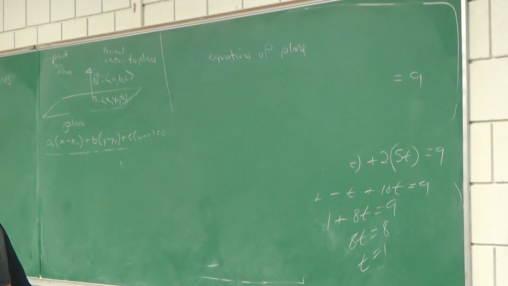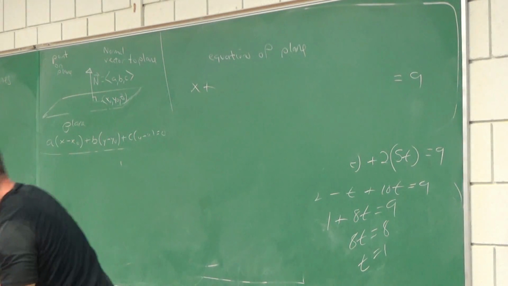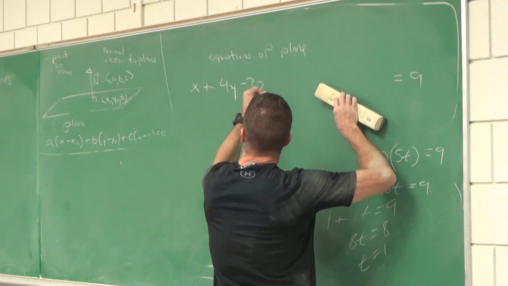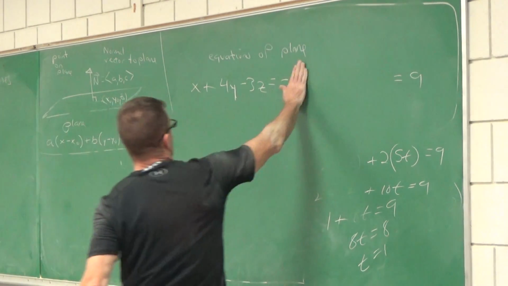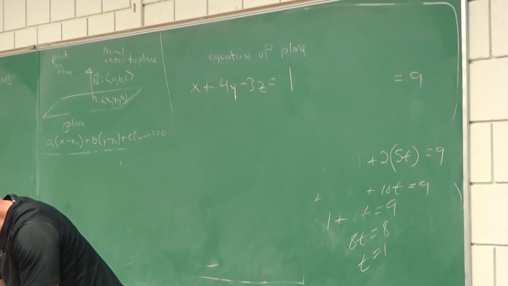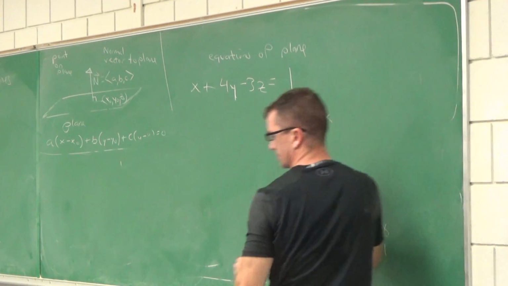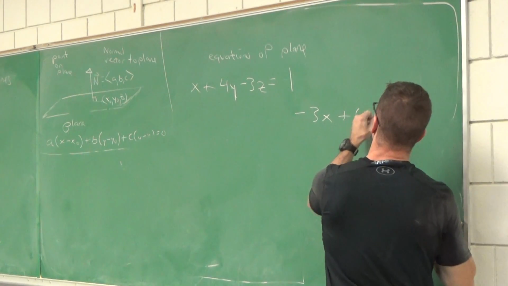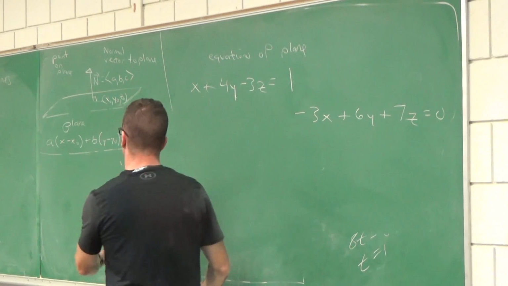So let me look at this one. All right, x plus 4y minus 3z equals 1. Does that look like the equation of a plane? The other plane equation is negative 3x plus 6y plus 7z equals 0. The question: are these planes